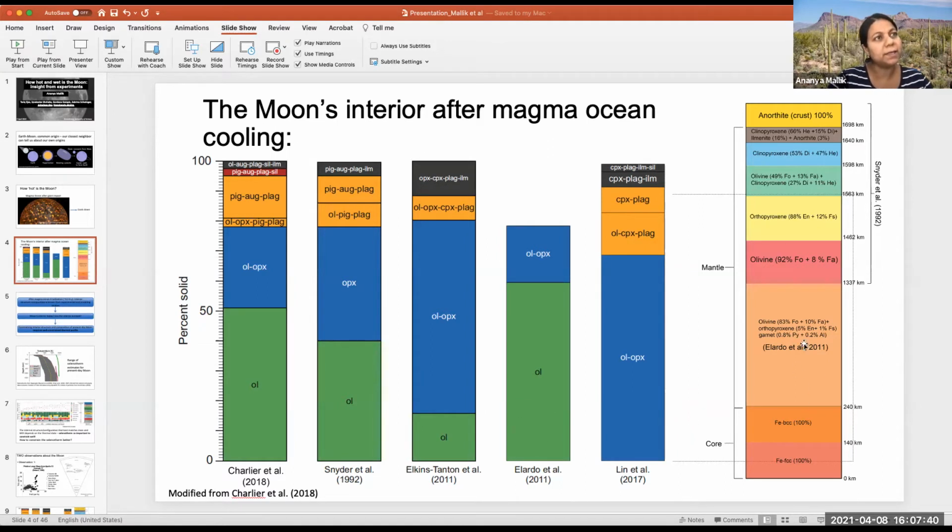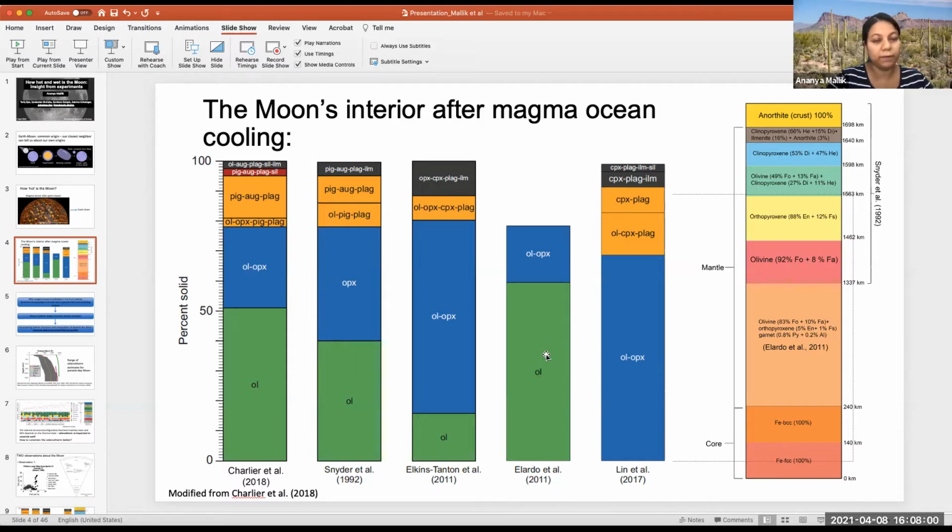This here is basically a sequence that's sort of stitched up. So the upper half is from the Snyder et al. study right here, and the lower half is from the Alardo study, which looks at the lunar lower mantle right here. So one common thing about all of these is that most of the moon's mantle is basically comprised